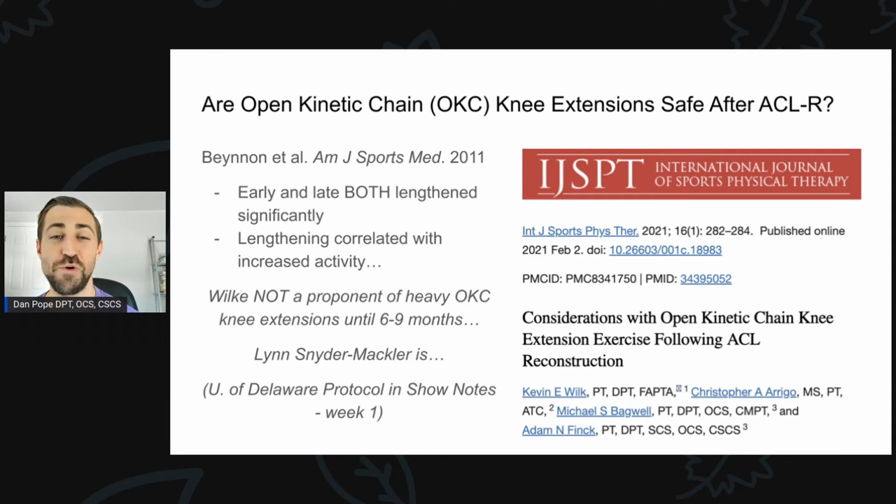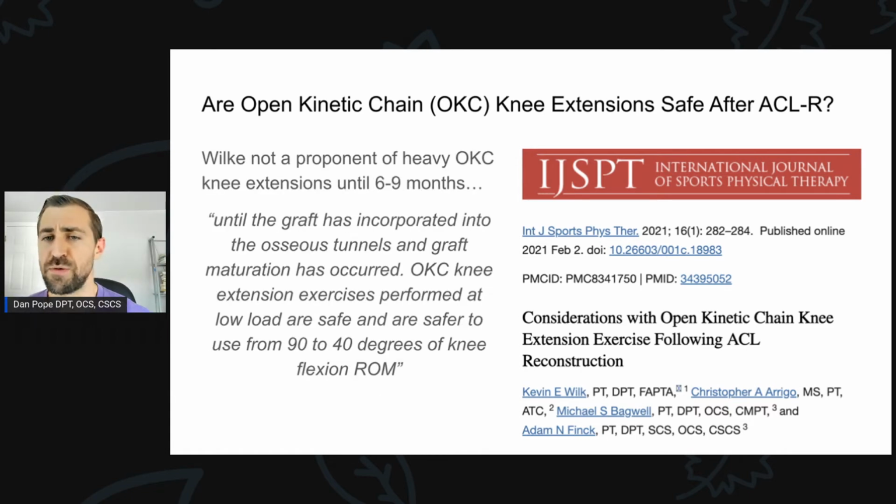Obviously, this is pretty quick, and you can see there's a large variance in opinions from some of the top experts out there. Again, this is from Kevin Wilke, IJSPT, 2021. He's not a proponent of heavy open kinetic chain knee extensions until 6 to 9 months. And this is coming directly from the paper. Until the graft has incorporated into the osseous tunnels and graft maturation has occurred, open kinetic chain knee extension exercises performed at low load are safe and are safer to use from 90 to 40 degrees of knee flexion range